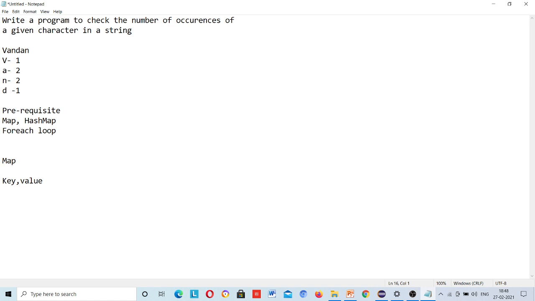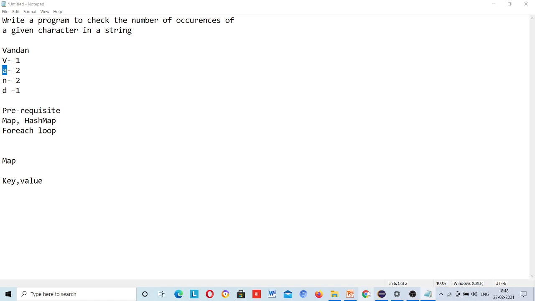Set cannot store duplicate values, and map cannot store duplicate keys. And similar is my requirement, that I don't want to store duplicate characters. I just want to count the number of occurrences, meaning a appearing two times. I don't want to print a two times. I just want to count how many times this a is appearing.